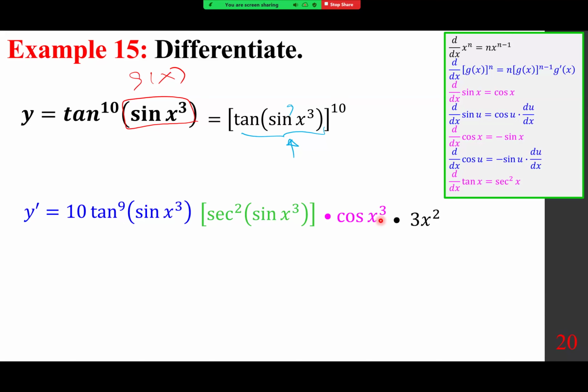So I want to make sure we understand that. First, we need to differentiate this, which is this one. To differentiate this, tan gives you secant squared. Then you need to differentiate this, gives you cosine x cubed. Then you need to differentiate this, gives you 3x squared. There are several layers. If it makes it easier, everybody, write this as